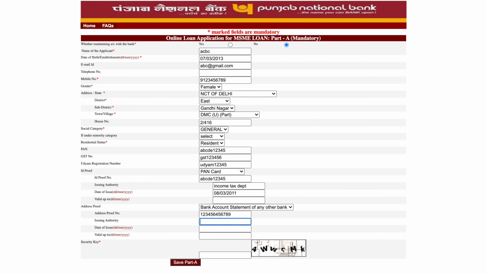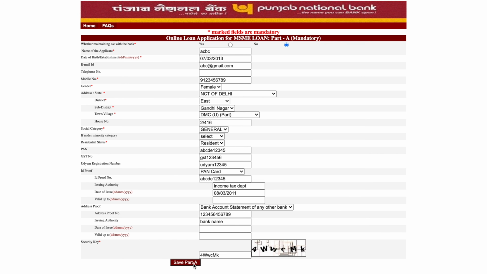And bank name as the issuing authority. Then enter the security key displayed in the picture. Now, click on the Save Part A button.